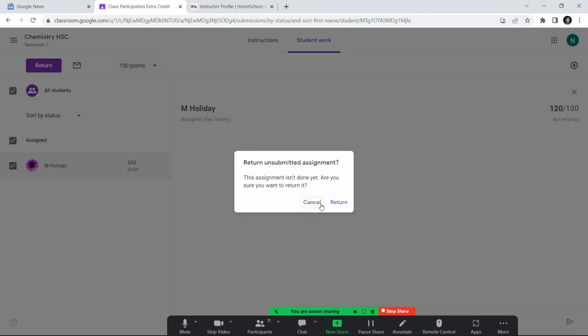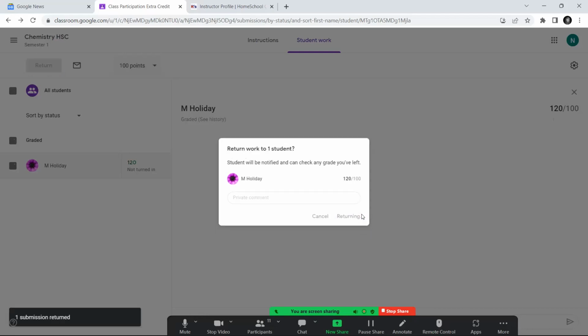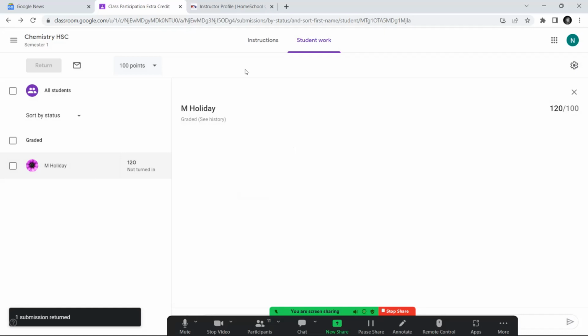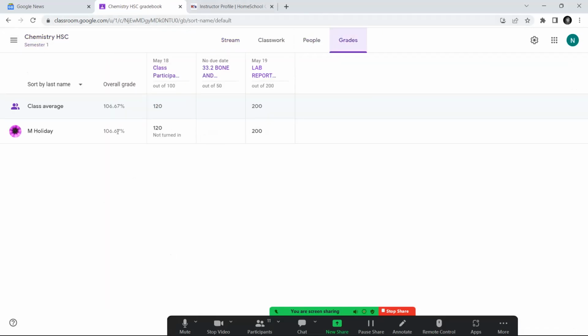Return. If she turned something in, I would actually be able to open it up. I can't open it if she hasn't turned anything in. So all I see is this. But now I can go to the grades, and Michelle is at